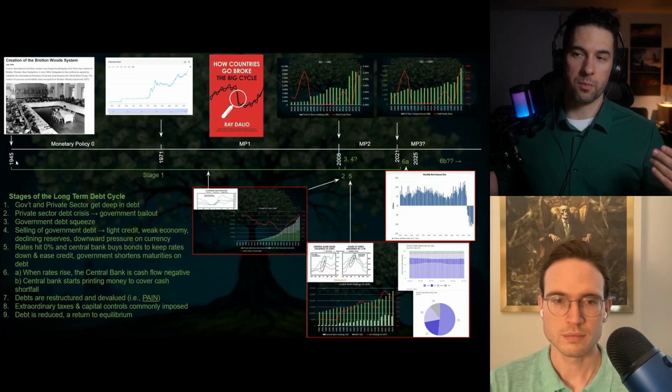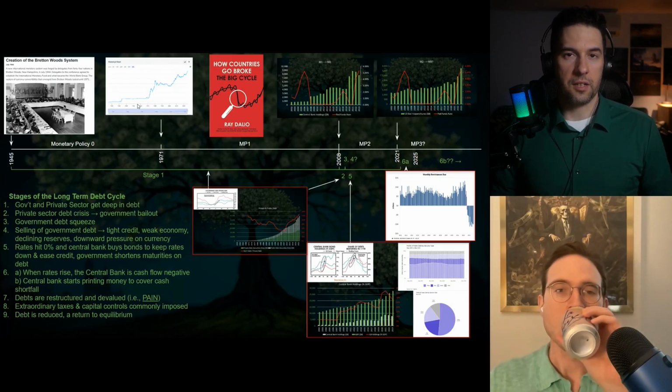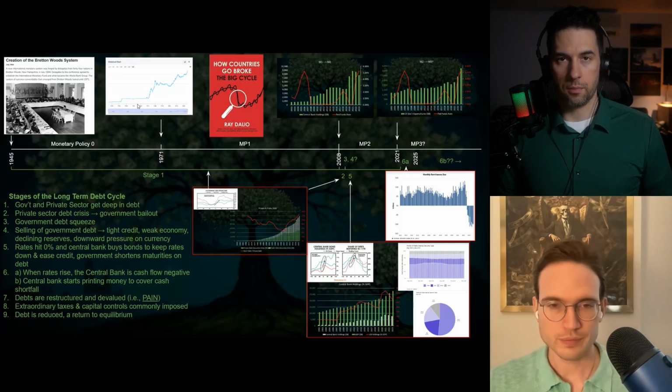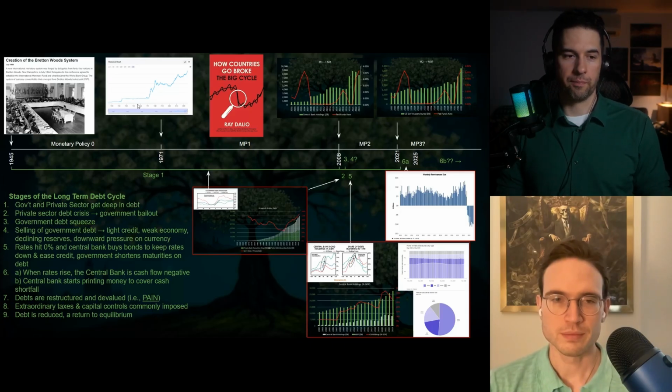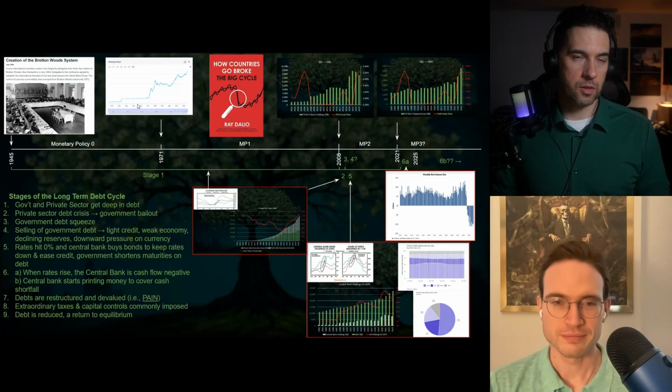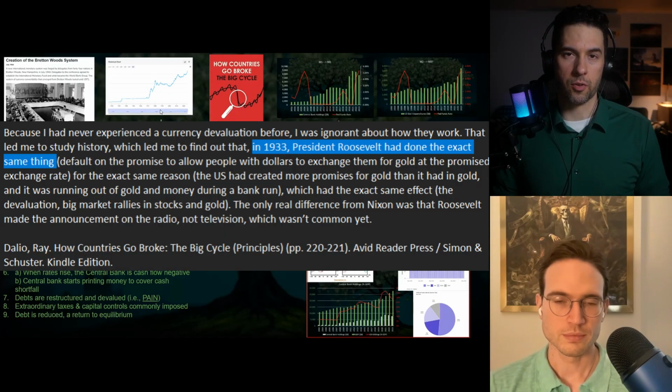And then he's like, okay, well, that's monetary policy 0. And monetary policy 0, by the way, is defined by having the currency directly tied to the gold standard. Hard currency, physical asset. Hard currency. Thank you, Joe. But that didn't start in 1945. That was there before, and pretty much always, right? Yeah, I think so. In fact, he even put a couple paragraphs in there talking about how in 1933 or whatever, Theodore Roosevelt had devalued the currency. Well,